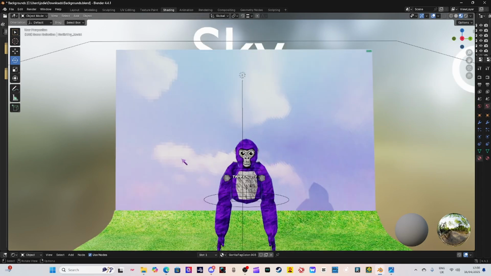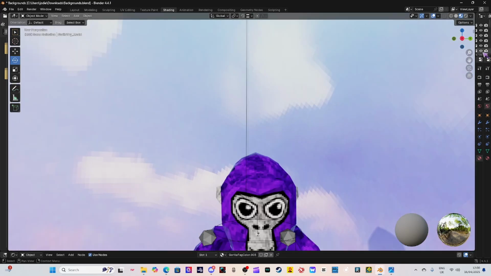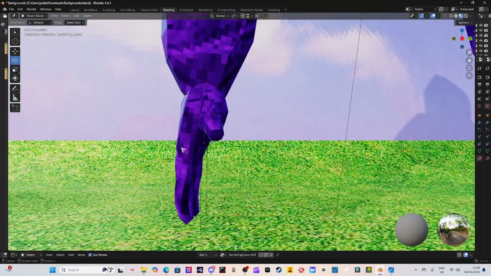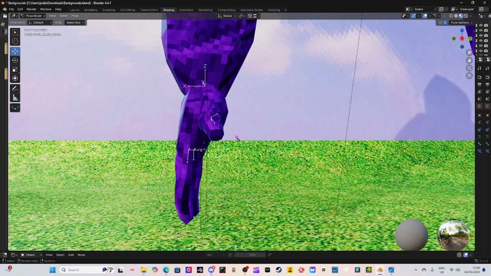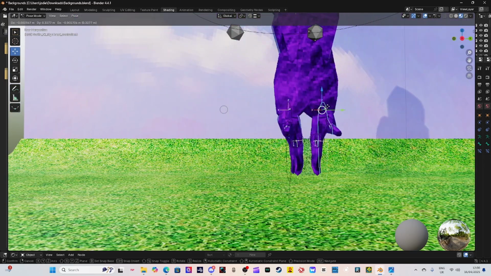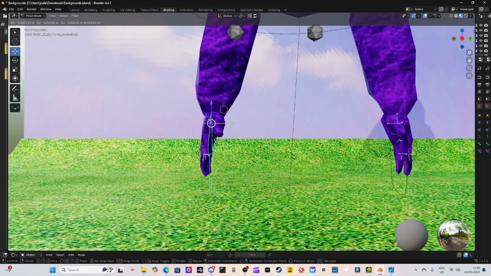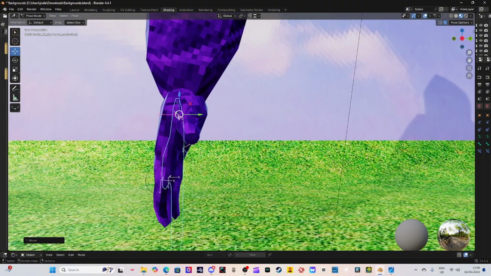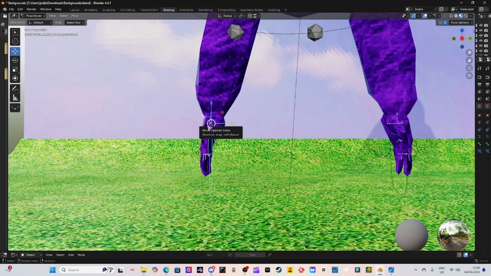Now we want to make the hands work. So we're going to select the rig model. Then we're going to go to object mode to pose mode. Grab the hand. Now they will be locked onto each other like this. But obviously if you don't like that, you can go to pose options and turn it off, but let's edit one hand at a time. So what I'm gonna do, I'm not gonna use that. I'm gonna go to